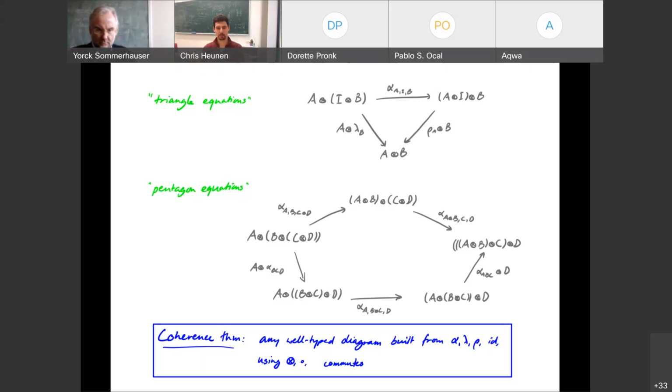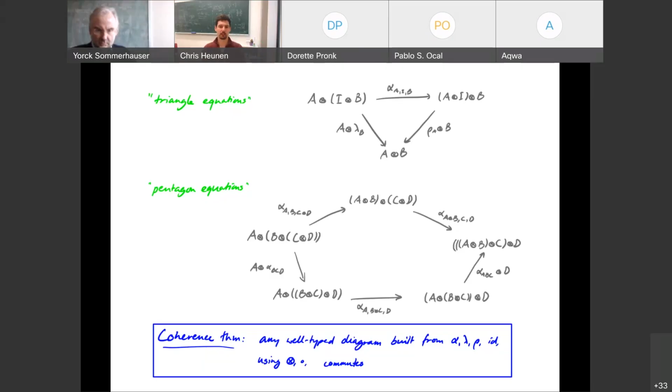The other one on this page is the pentagon equation that says what happens if you have 4 objects. So if you have 4 objects, you can tensor them together in various ways. I can bracket it various ways. If you start at the very left, I first put C and D together, then put B with it, and then put A with it. Going along the top, I could use the associator to swap the brackets around, first to AB together, CD together, and then to doing it all the way the other way around, where I put AB together, then C, then D. That should be the same as first leaving A alone, associating the other, B, C, D, then associating the whole thing, and then leaving D alone and associating A, B, and C. So these are 2 ways of getting from the very rightmost bracketing to the very leftmost bracketing, and I want these 2 ways to be the same.